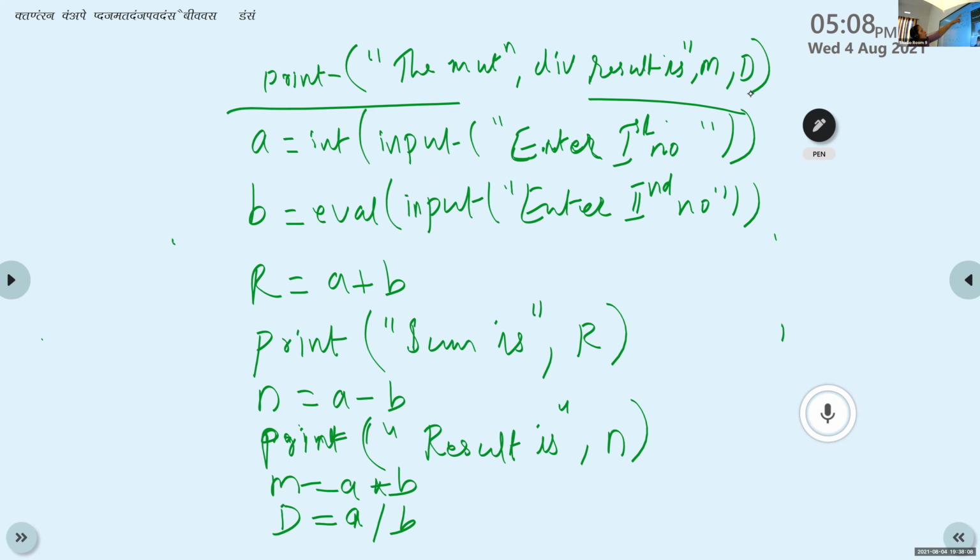I'm giving two results in a single print statement. Okay, that is print the multiplication and division.